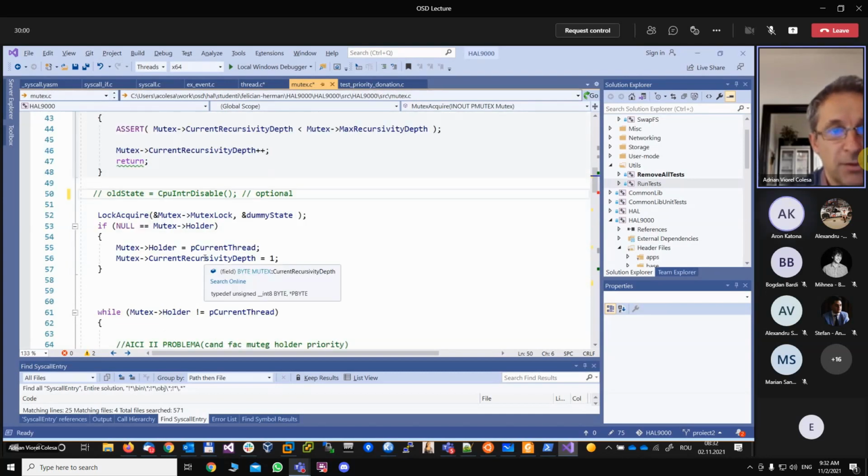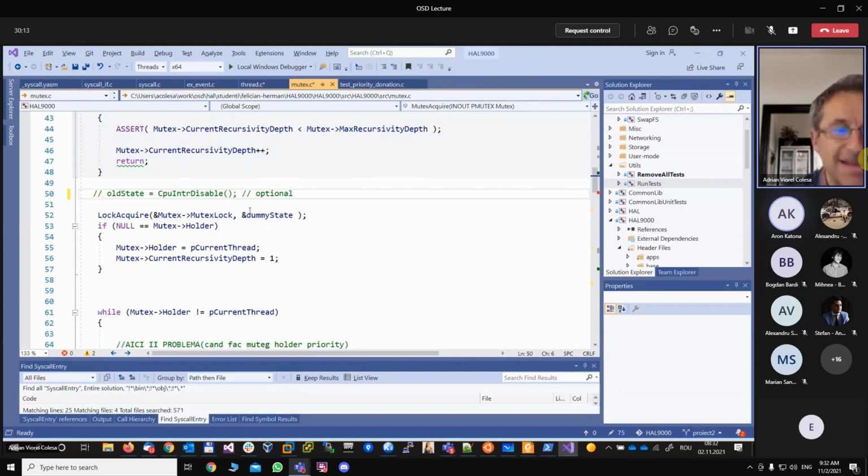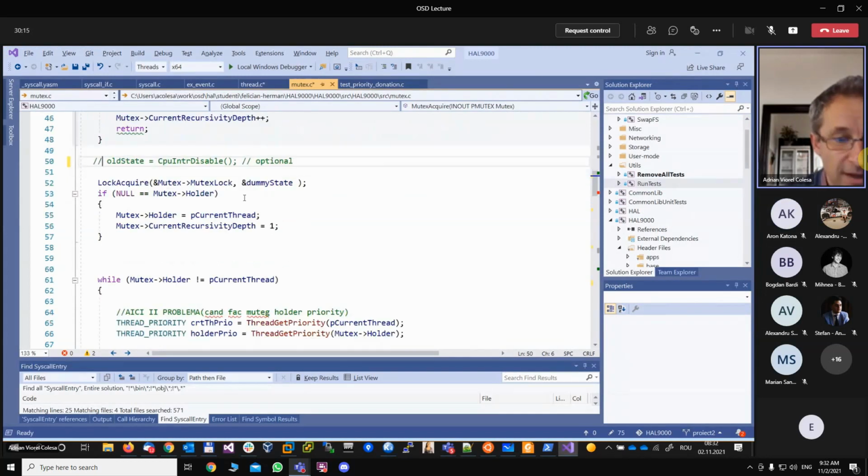Thank you. I was thinking about that. If we disable the interrupt during the whole function, when the thread is blocked, the CPU doesn't have interrupt. No, that's another discussion. I'm happy that you noted that, but